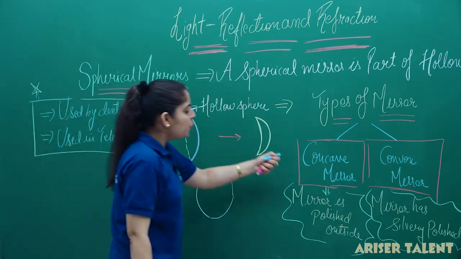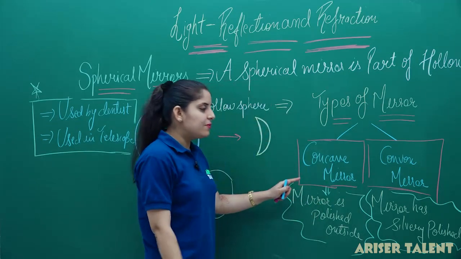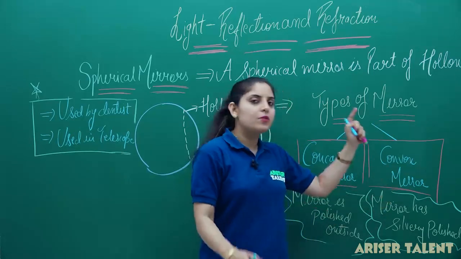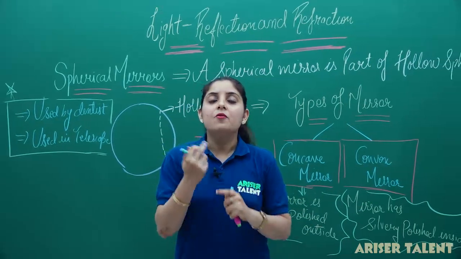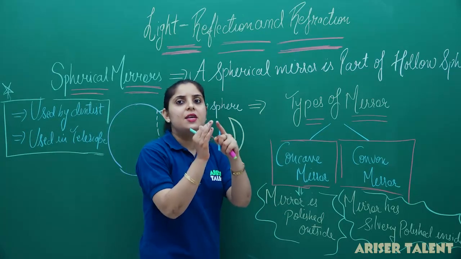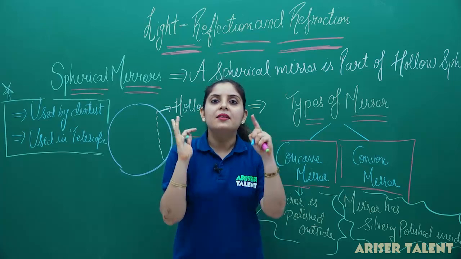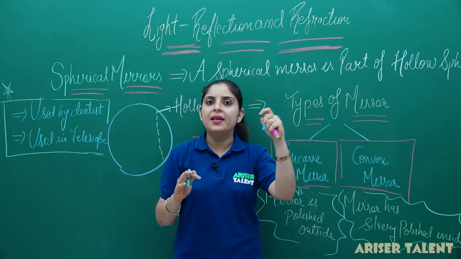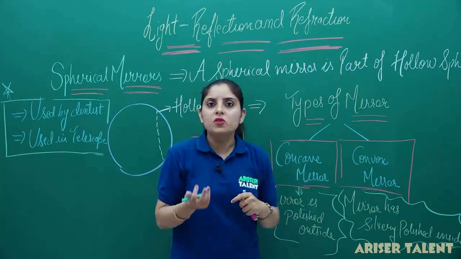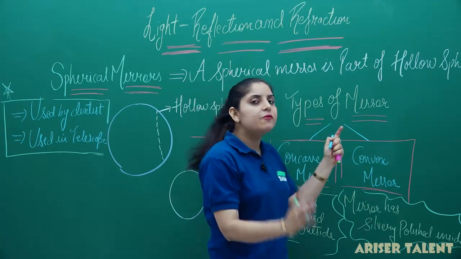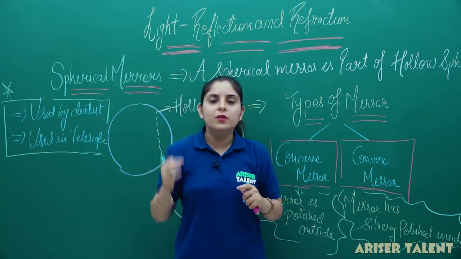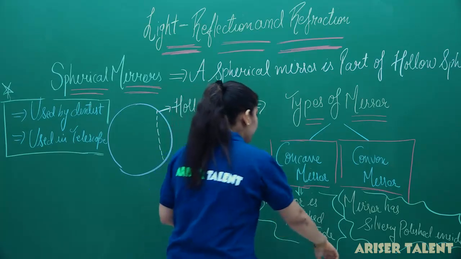Now, let's move again to concave and convex mirror. As we have discussed, this kind of mirror is polished outwards and this kind of mirror is polished inwards. And what about the reflection now? In case of a concave mirror, if the surface is polished outwards, then the reflection is going to take place in the inward direction. And in case of a convex mirror, just the opposite case will take place. As the surface is polished inwards, the reflection is going to take place from the outward surface. So if I draw the mirrors like this,